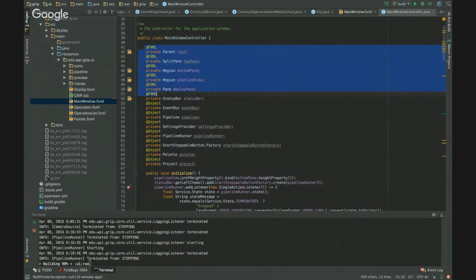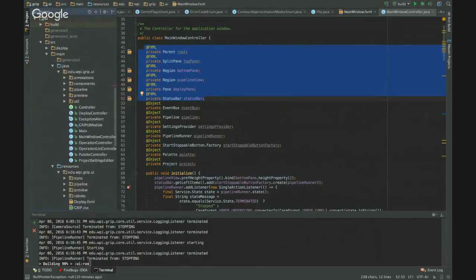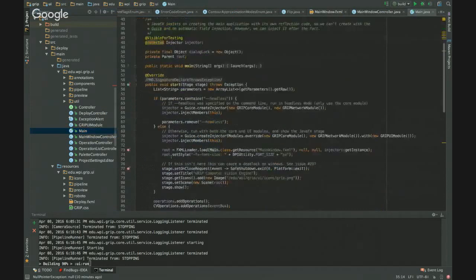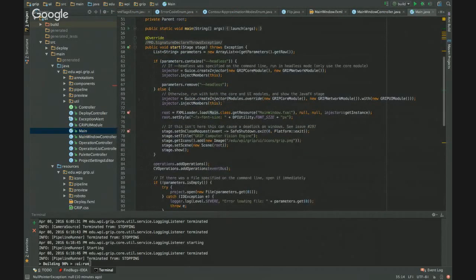What actually happens behind the scenes is when you create the main window, in our main file, dependency injection setup, stuff like that, create injectors, inject members, and so on. FXML.load, Main.class.getResource main window.fxml. So that loads this main window FXML file and uses the injector to get the instance of the class. So that ties the dependency injection stuff to the